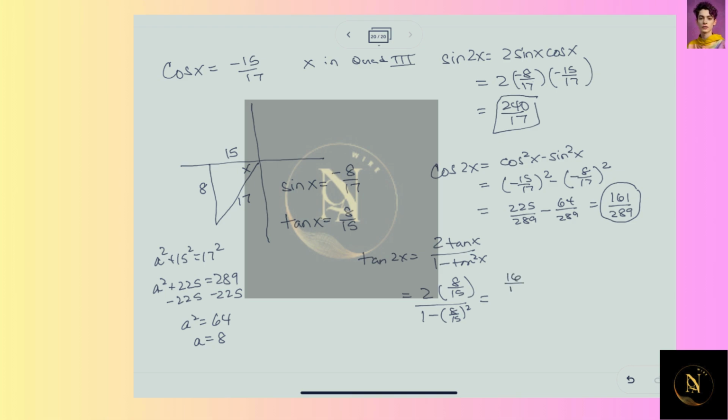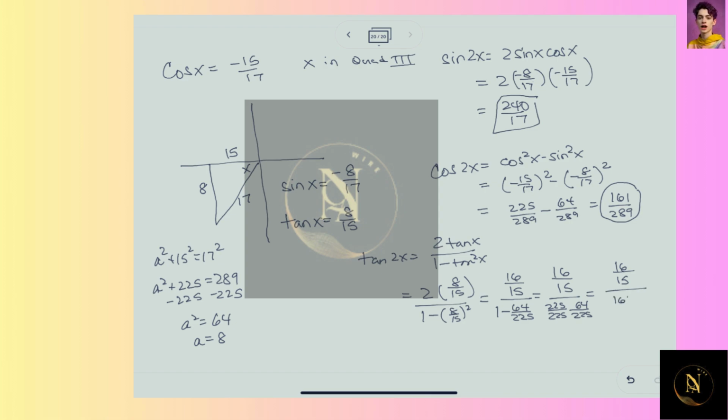That's going to give me 16 over 15 in my numerator, 1 minus 64 over 225 in my denominator. So that's 225 over 225 minus 64 over 225. I'm going to have 16 over 15 over